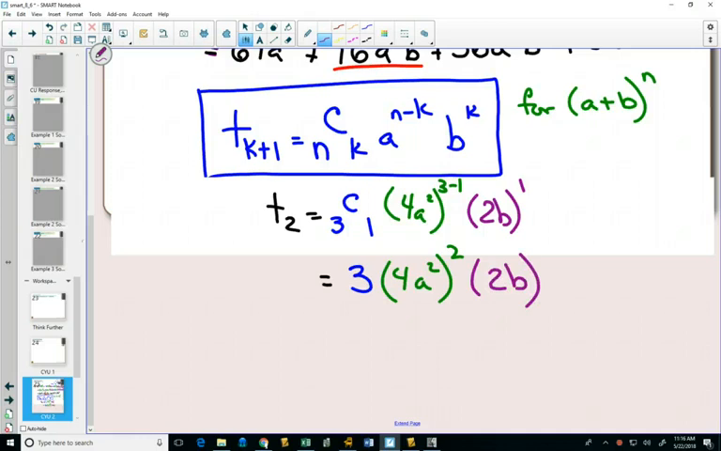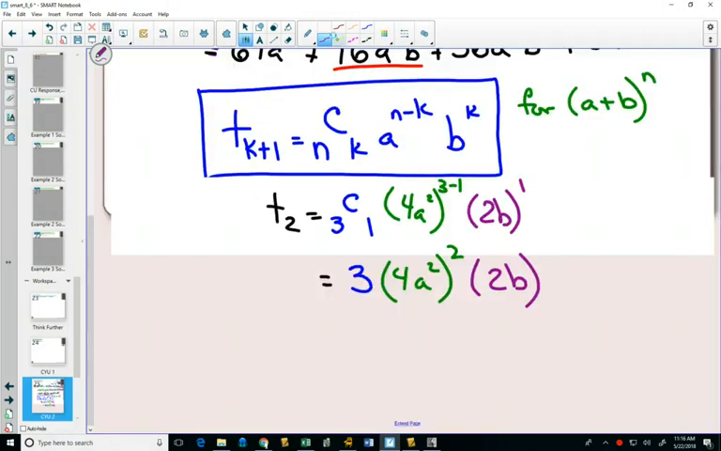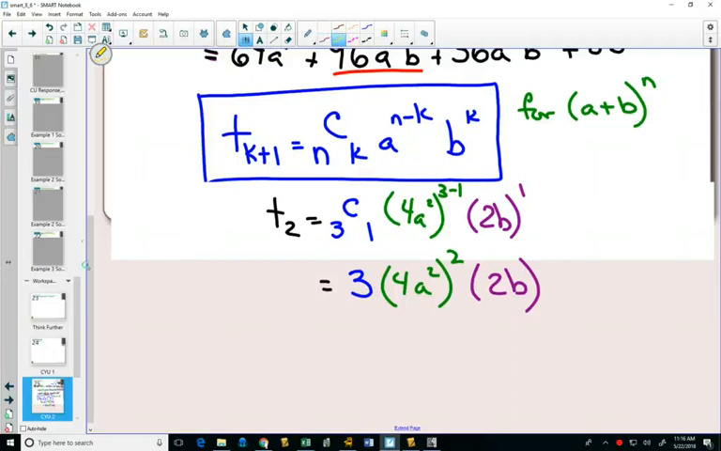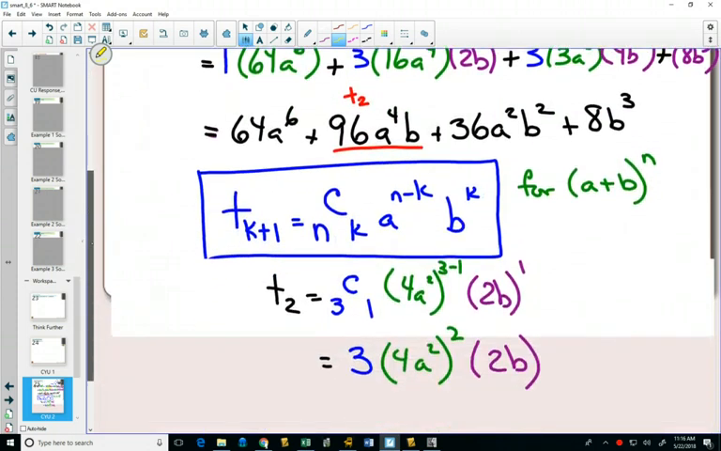And you'll notice that what we have as a specific term matches up perfectly with what we had right there. The 3 comes from Pascal's triangle as the coefficient. 4a squared, squared because of the pattern going down by 1, and having 1, 2b. So what the formula does is instead of having to expand everything, it can find a specific term. And just like before,